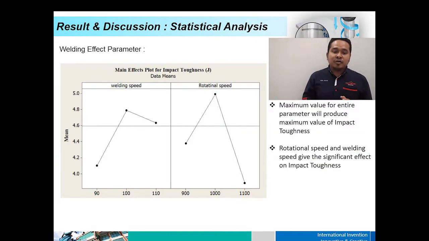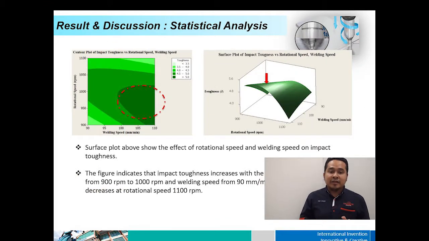The graph shows the main effect for the impact toughness. The maximum value for each parameter will produce the maximum value of the impact toughness. Rotational speed and welding speed have a significant effect on the impact toughness. And then the surface plot shows the effect of the rotational speed and welding speed on